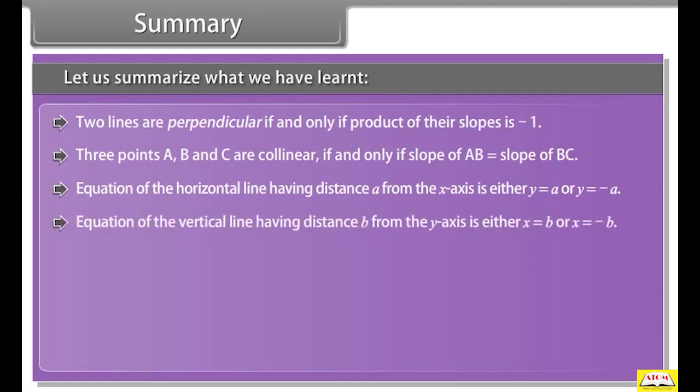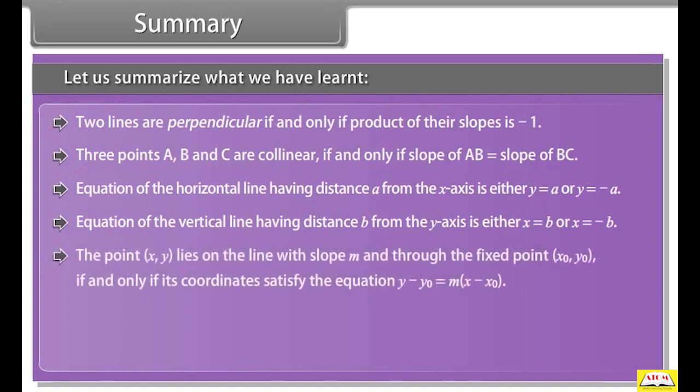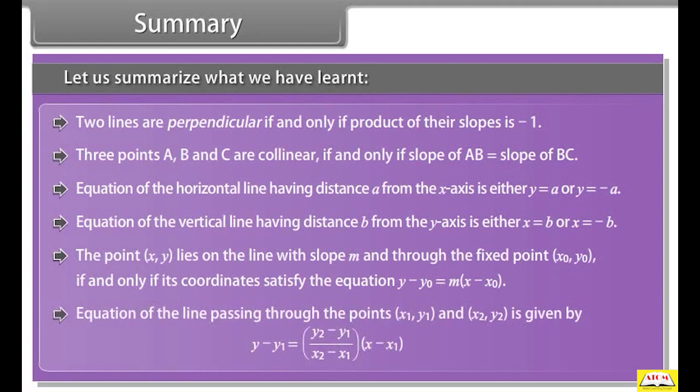Equation of the vertical line having distance b from the y-axis is either x is equal to b or x is equal to minus b. The point (x, y) lies on the line with slope m and through the fixed point (x0, y0) if and only if its coordinates satisfy the equation y minus y0 is equal to m into x minus x0. Equation of the line passing through the points (x1, y1) and (x2, y2) is given by